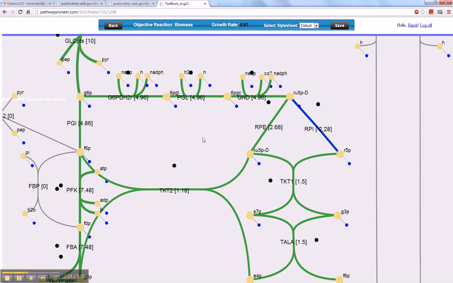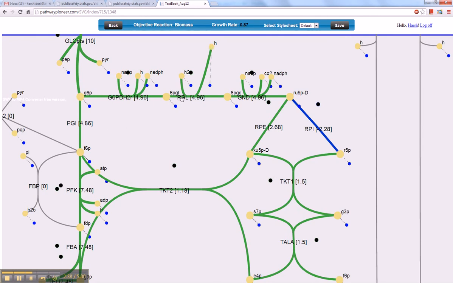Now say, for example, I am interested in moving this particular H metabolite, then I click on that particular metabolite. The red color indicates that the click event has been triggered and the dragging is active. Once I move my mouse, I can drag that particular element wherever I want, and once I'm done with my dragging, I just have to release my mouse so that the dragging becomes inactive.